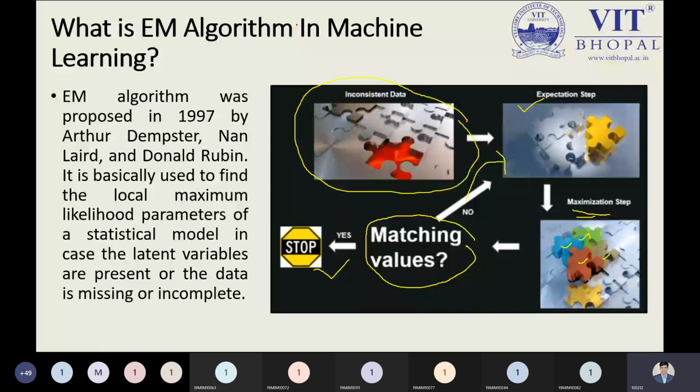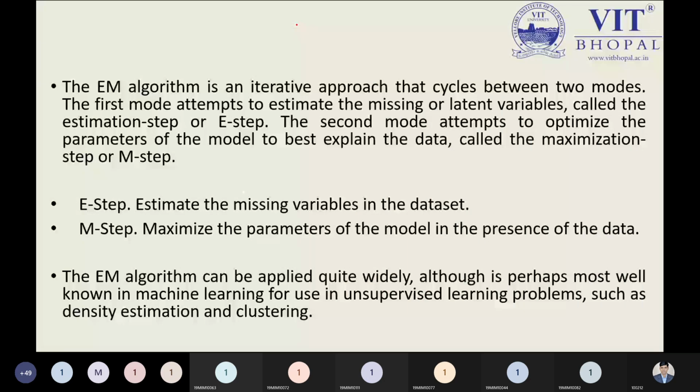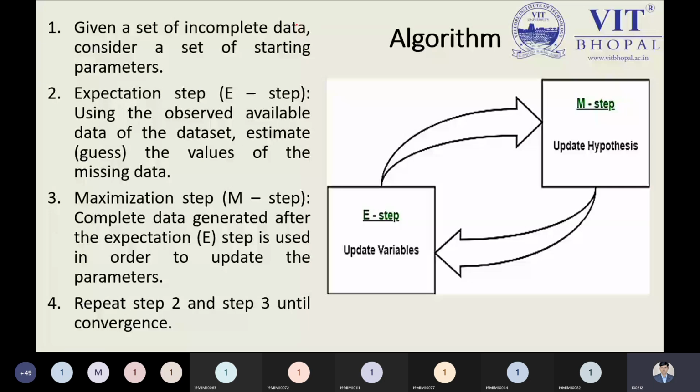But what is the mathematics behind all these approaches? That is the latent variable, observed variable, unobserved variable, features, or maximum likelihood. So all these are the fundamental part we need to keep in mind. I did not start my lecture with this diagram. Before that, I told you about the fundamental part which is required, because without the fundamentals, how can you understand the concept? That is my aim. So students, tell me right now, is the fundamental part clear? What is actually the EM algorithm?